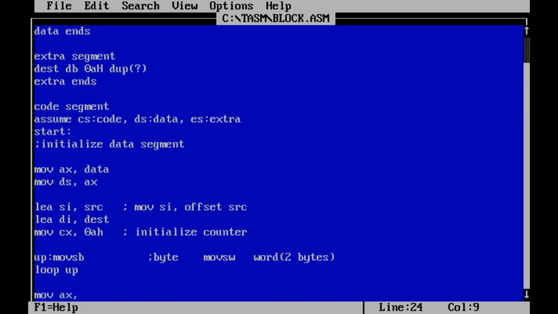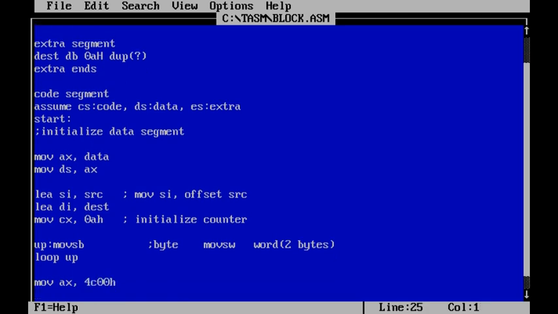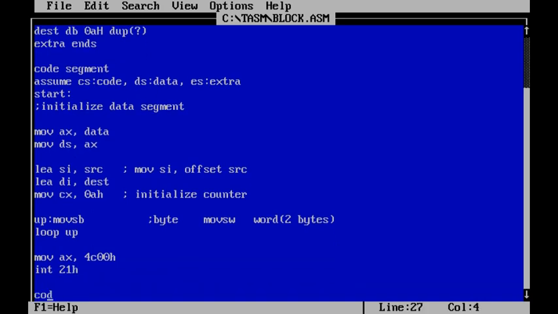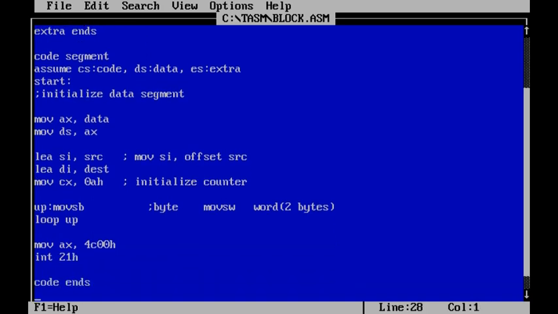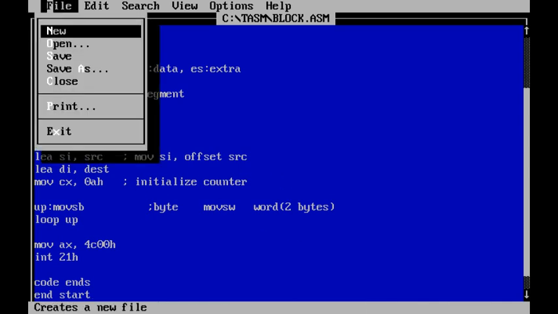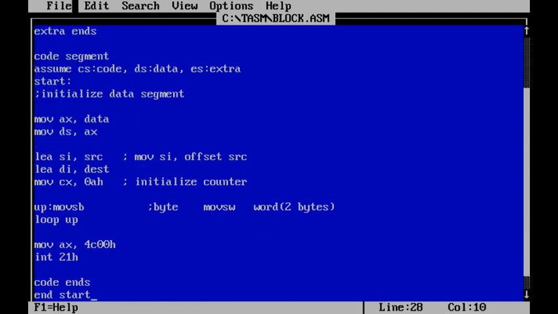Now we need to quit from the program, so I will be using the 4C code with the 21 interrupt, then ends and end start. So program writing is over. Let us see the execution.